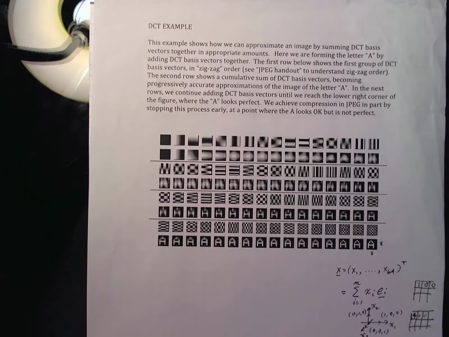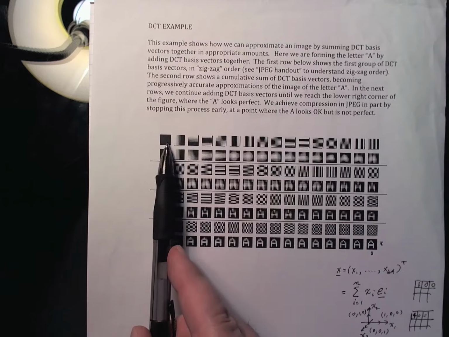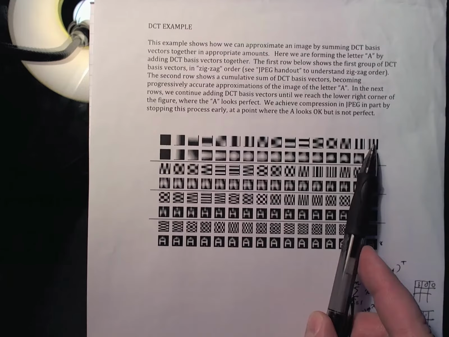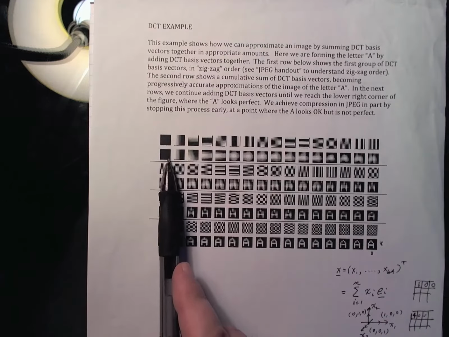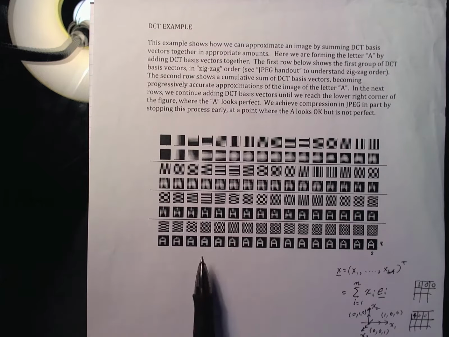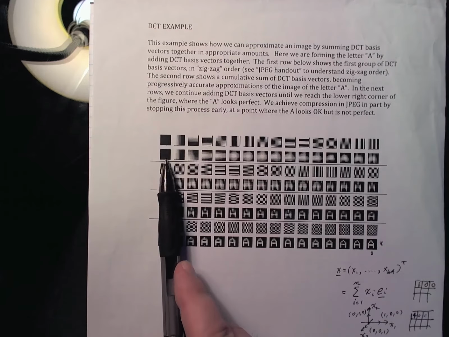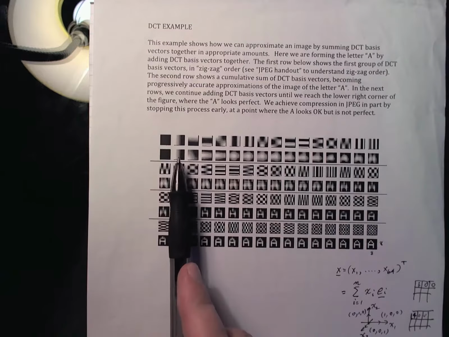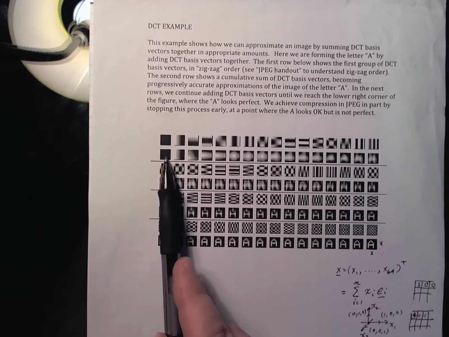Okay, so now, just as we did here, where we would say, okay, I'm going to read you a coefficient of a basis vector, instead of reading you a basis vector which has simply got one 1 in it and all zeros otherwise, I'm going to read you a coefficient of one of these more complicated guys. So what I'm doing here in the second row and the fourth row and this row and the last row is I'm going to cumulatively add up terms in this Fourier type series and see what happens. So after I read you the first one,